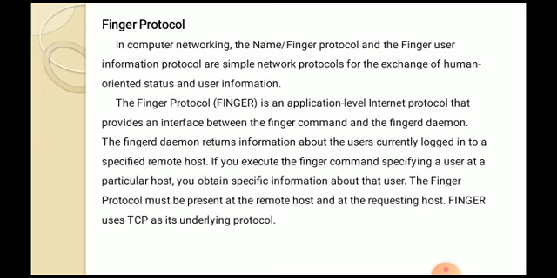The finger protocol is an application level internet protocol that provides an interface between the finger command and the finger daemon. The finger daemon returns information about the users currently logged into a specific remote host. Simply, with the help of this finger protocol, we are able to know who is logged into that